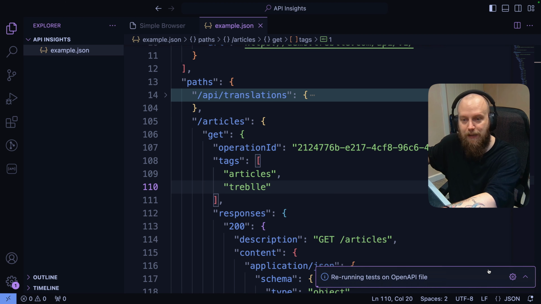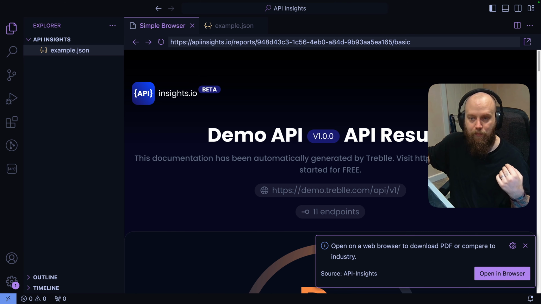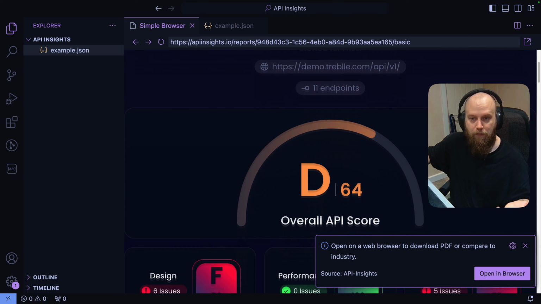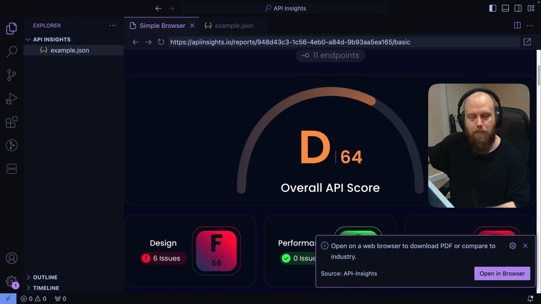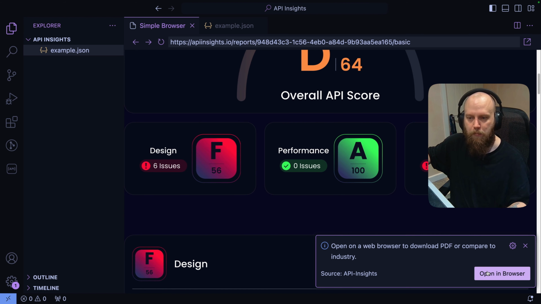So we can rerun those tests, and that'll straight away refresh that. And there we go. We've got the report. Nothing's changed. It's just minimal changes there. But we can click to open in a browser, and we can go view the full report quickly and easily